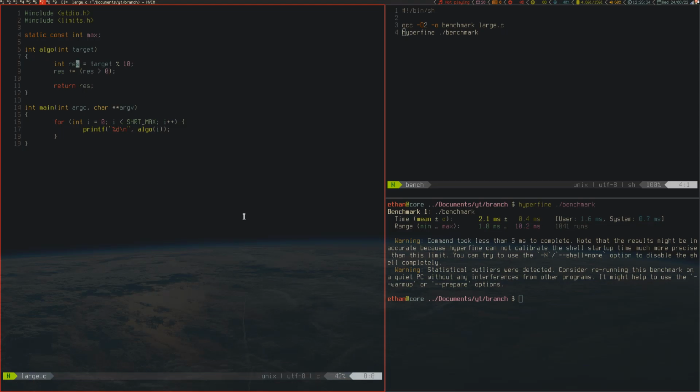What's going to happen is res will be set to some value, and then this will be equal to 1 if res is equal to 0, and then we're going to add this value to res. So we'll increment it if it's equal to 0. We could even do better here, and we can remove the dependency cycle, and we can do if target modulus 10 equals 0, and we could even therefore place it on one line. So do this, and if we run this now,